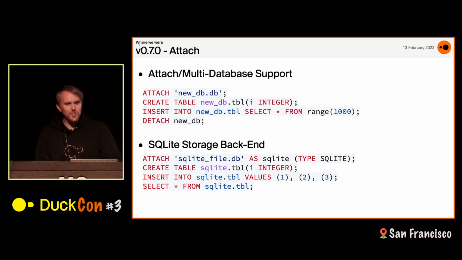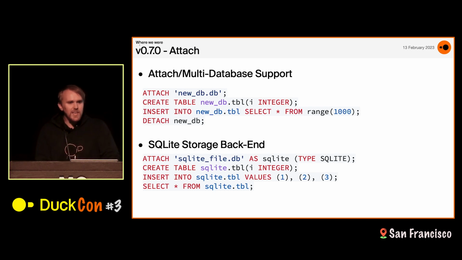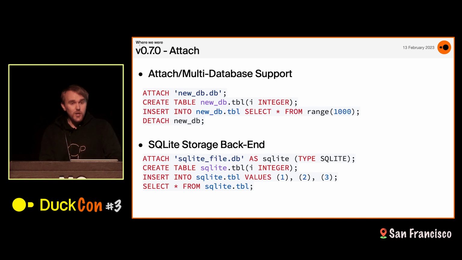It's cool because you can attach multiple DuckDB databases to a single instance. And something super cool about the way we've done it is that you can create your own database type. So it's a pluggable database architecture. That means that not only can you attach more DuckDB databases to your DuckDB database, which enables you to load data from multiple databases or copy data from one to the other, you can also define your own database storage in different extensions if you are so inclined.